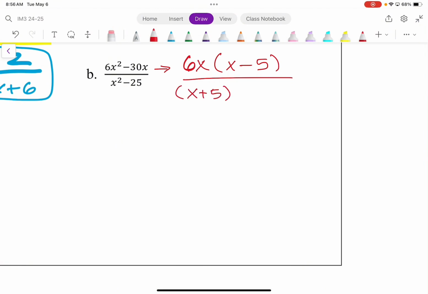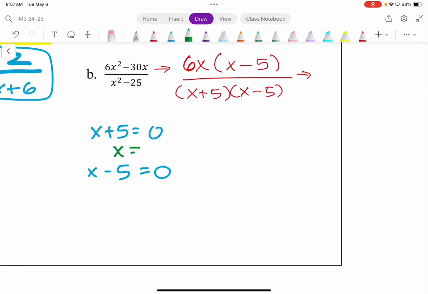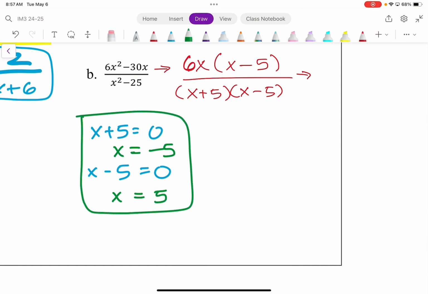x plus 5 and x minus 5. Now, before you move on to canceling things out, don't forget to find your excluded values. So set your denominators equal to 0 and solve for x. We're saying that if x equals negative 5, that's an excluded value, and if x equals positive 5, that is another excluded value. So here we have our EVs, excluded values, and once again,